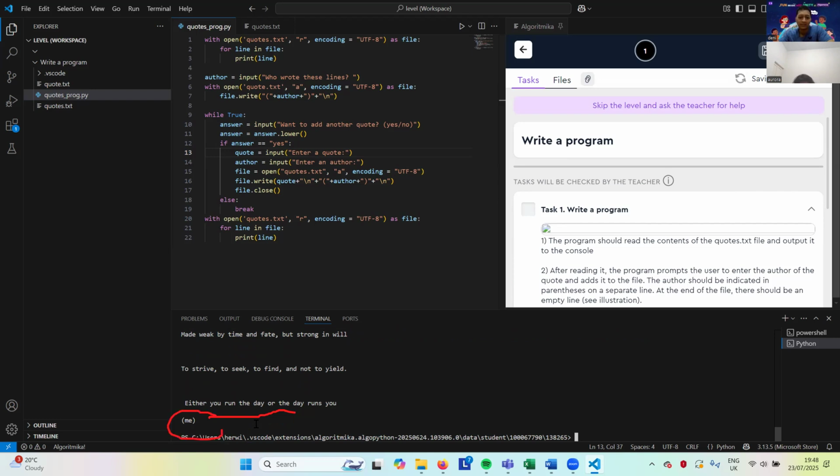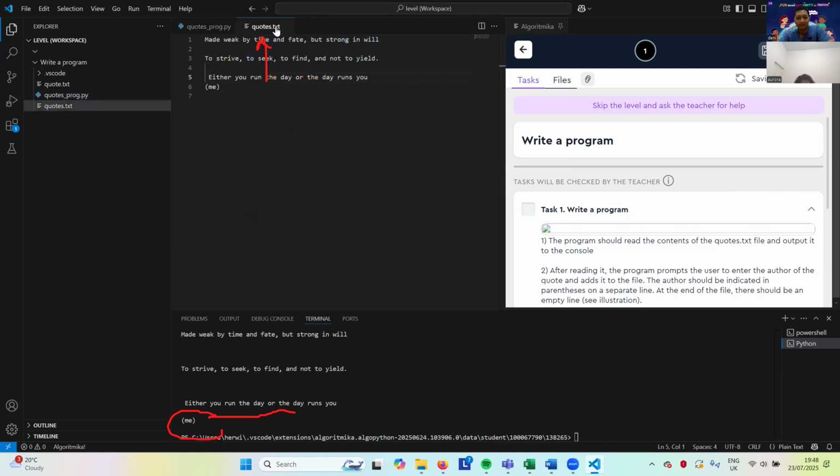Okay, please check the text file. The first question is asking who wrote this line, right? Your answer is you, right?